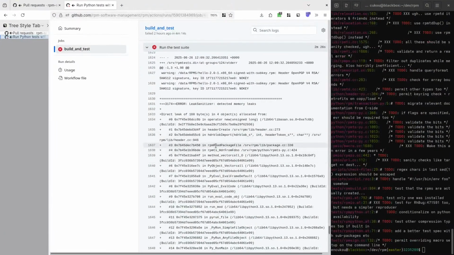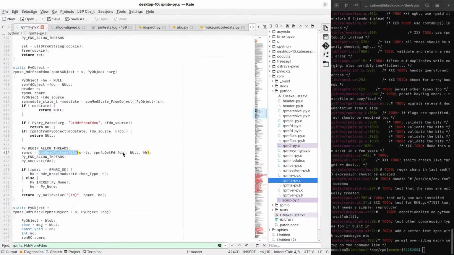So rpmReadPackageFile will call our hdrBlobImport, headerCreate. So this will create a header that is never released. Okay.